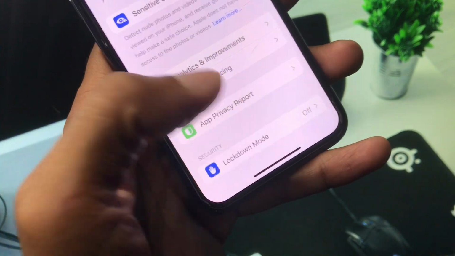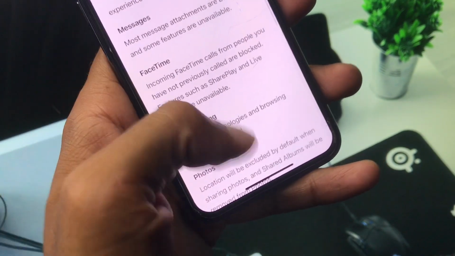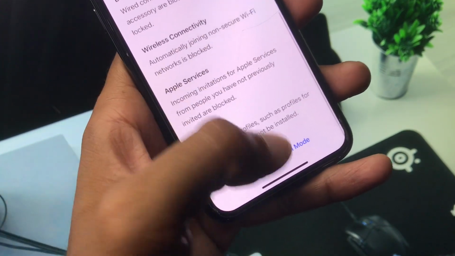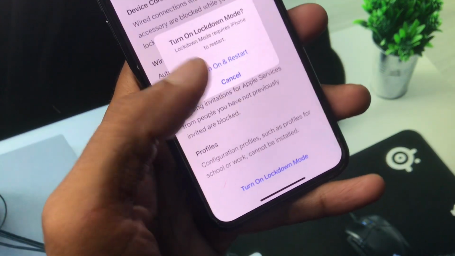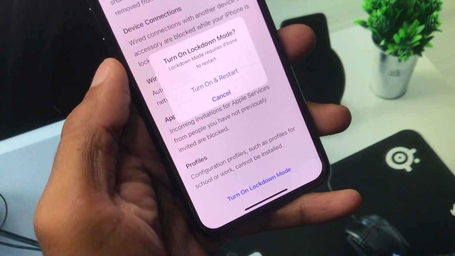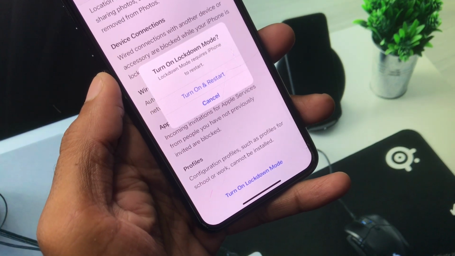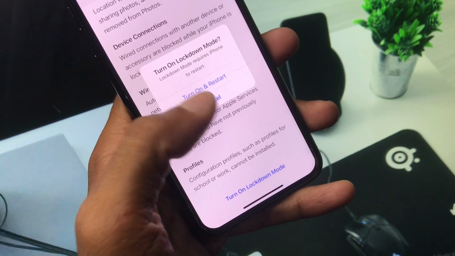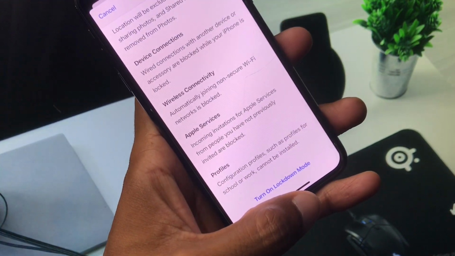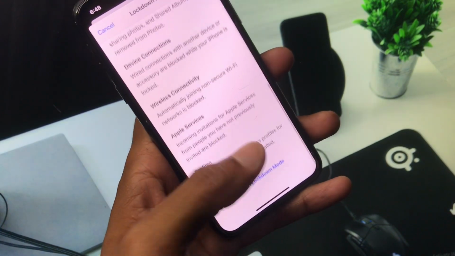So guys, you can easily turn it on. So guys, when you have turned on this, then guys, it means you have turned on your developer mode on your iOS 18. So guys, when you have click on turn on and restart, automatically developer mode will be turned on your iPhone after restarting. So guys, this is the way to turn on your developer mode or